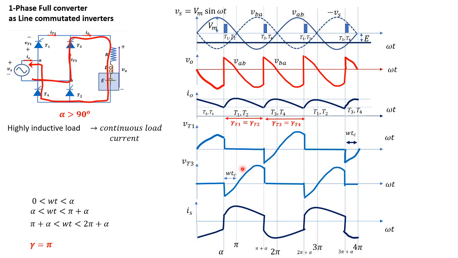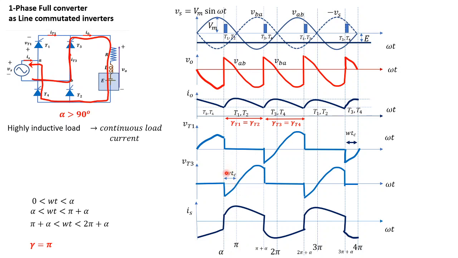And coming to the circuit turn off time, at this moment, that is at omega t equal to alpha, thyristors 3 and 4 are going to be reverse biased, and the current through them would be driven to the 0 value, and from this period onwards reverse voltage is applied. After the current falls to 0, reverse voltage is applied for this amount of period, that is equal to omega Tc. So this angle, omega Tc, is equal to pi minus alpha. So during this period, negative voltage is applied after the thyristor currents become 0.